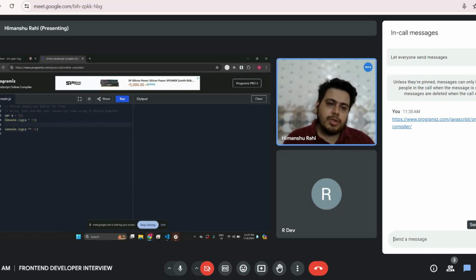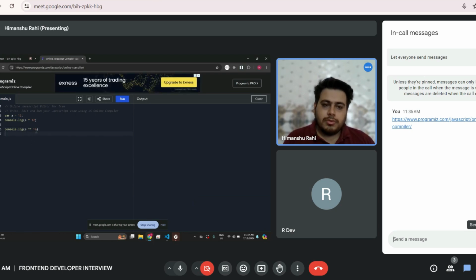Okay, so the first one, which basically multiplies 12 with 12, I think we get 144. And the double multiplication, I think, one, two, two.